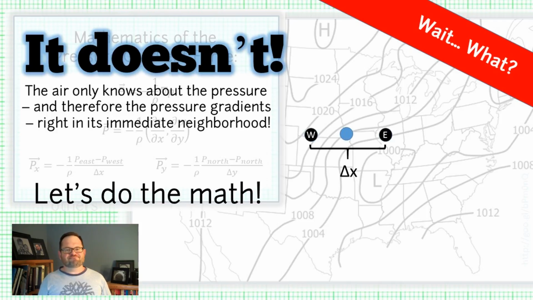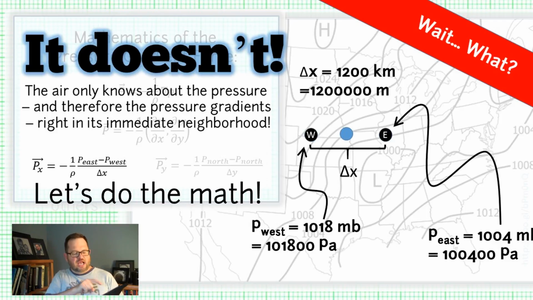Well, let me show you that actually, that's kind of just a little trick. It's a trick to make the math work out. Let's actually work through the math. In this case, if I'm trying to figure out the pressure gradient force in the x direction, if I look closely at my map, I can see that the pressure to the west, that location PW, is somewhere between the 1016 and the 1020 millibar contour. Let's say that it's 1018 millibars at that location I have labeled W. That's 101,800 pascals. And that location labeled E, let's say that's right there on the 1004 millibar contour. That looks close enough to me. So that location E has a pressure of about 1004 millibars, or